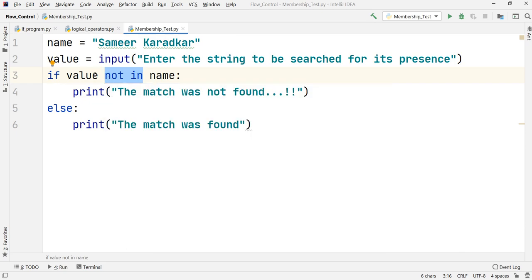It will now check whether the left hand side value is not inside the right hand side value. That is the logic behind not in. It is exactly the opposite of in: where in checks for existence, not in checks whether it is not present. So I think you have understood the concept of in and not in.